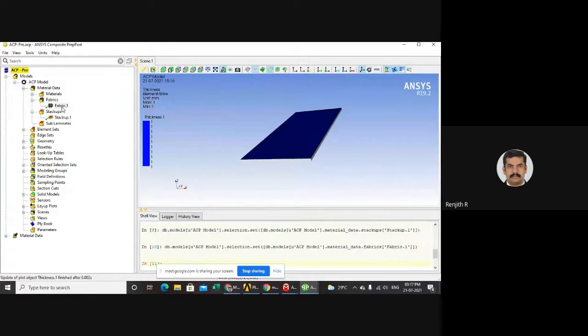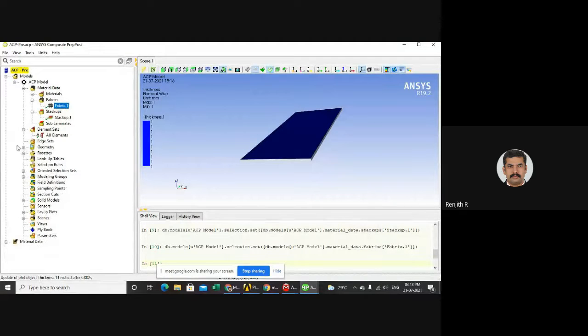The first one we will create the lamina, the second one we will create the laminate, and the third one we will create the element set, which means how many elements we want to consider for our analysis. Normally it will take shell elements, so here I gave it as all elements. If you want to change this element size, there is a trick in ANSYS Workbench. You can create a named selection in ANSYS geometry or meshing. So that will be transported here as the elements. So here I simply take it as all elements, and the geometry is there.